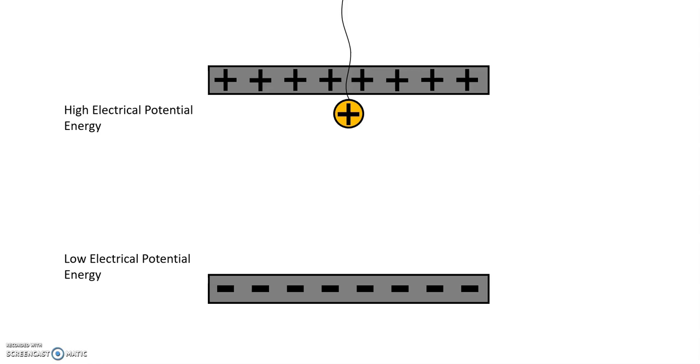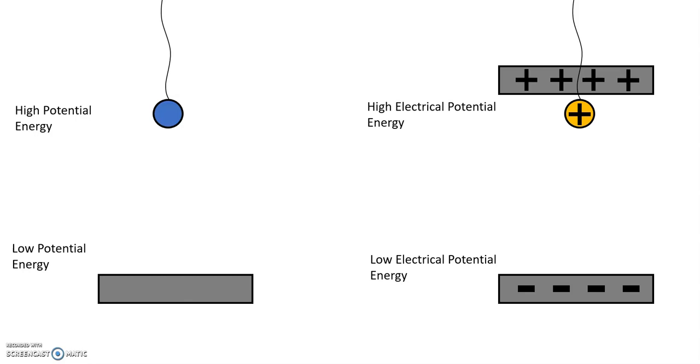So while with gravity, it does matter which way is up, down, left, and right to give you your potential energy, the potential energy in this case doesn't depend on orientation, it just matters whether you're closer to or further away from the positive and negative plates. So again, cut that string, and I can see my positively charged ball moves from a high potential to a low potential. Okay. So one thing I notice here is that electric charges pretty much behave the exact same way